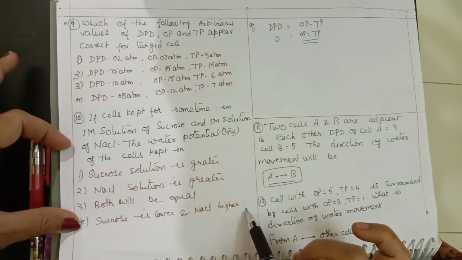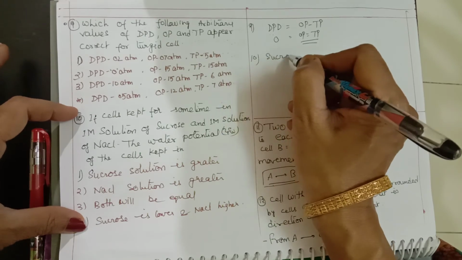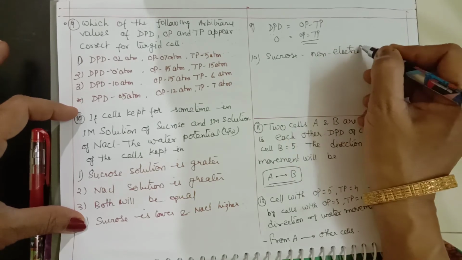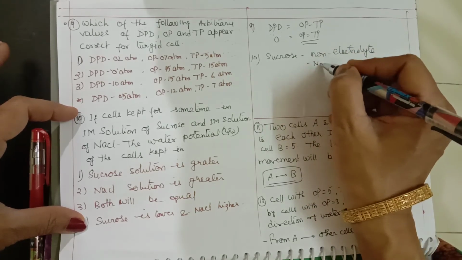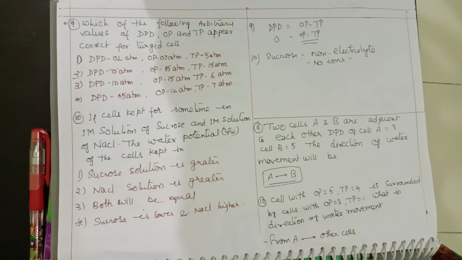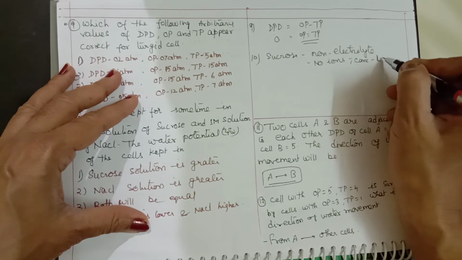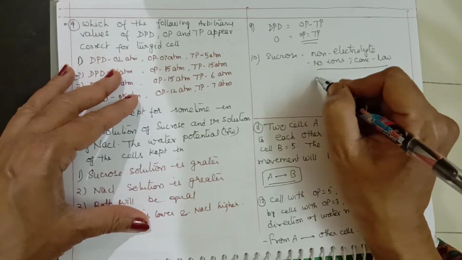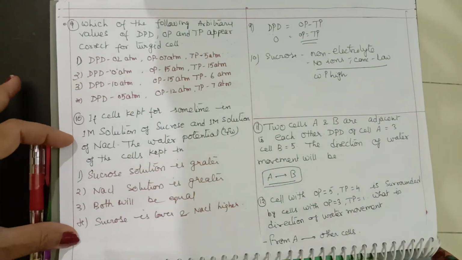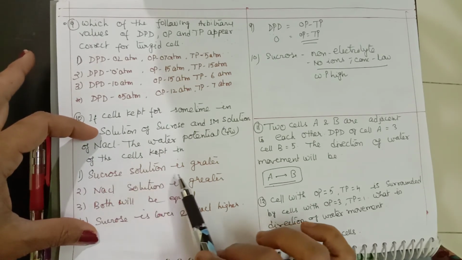sodium chloride higher. So here one basic piece of information you should know is that sucrose is a non-electrolyte, which will not form any ions. So here no ions are formed. If no ions are formed, it will not change the concentration. So the concentration will be very low here. If the concentration is low, its water potential will be high. So the first option will be correct. The water potential will be high in the cells kept in sucrose solution, that is greater.